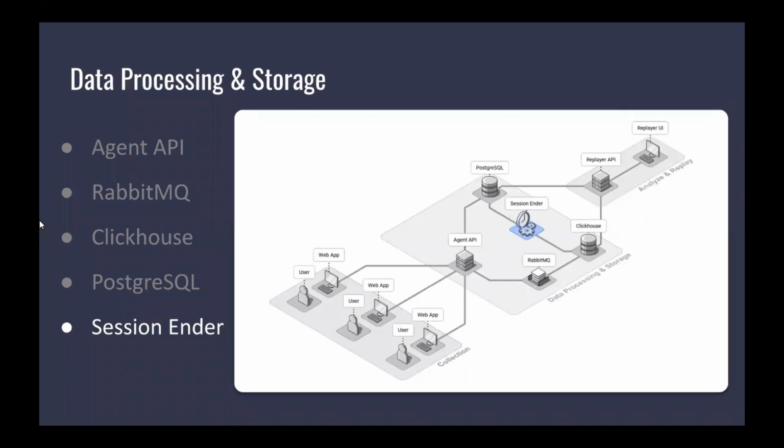The final component of the data processing and storage group is the session ender. It's a cron job that scans the active user sessions in the Postgres database and finalizes any sessions based on the time since the last recorded activity. When the session ender detects an expired session, that session's data is pulled out of Postgres and moved into its final resting place inside ClickHouse. Later, when we discuss implementation challenges, Marcin will unpack the process we went through when determining how we could end